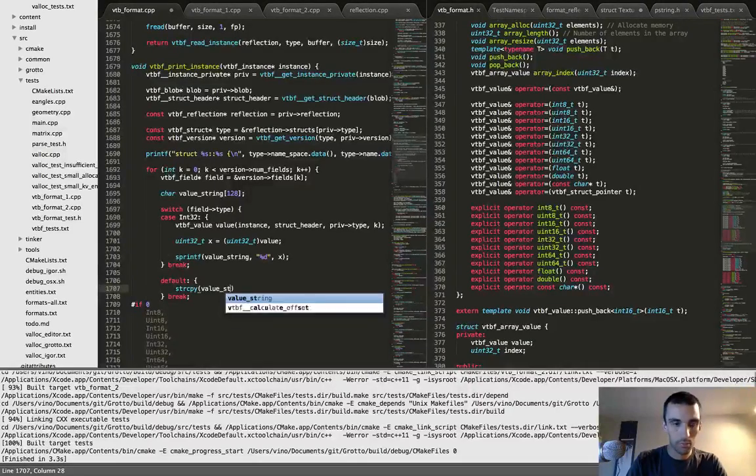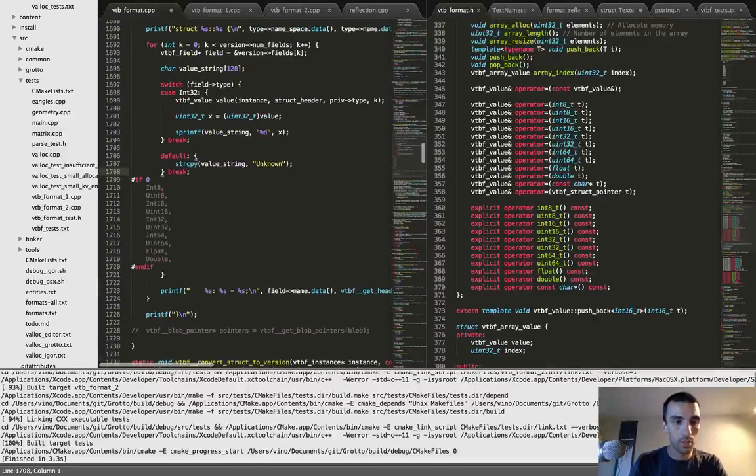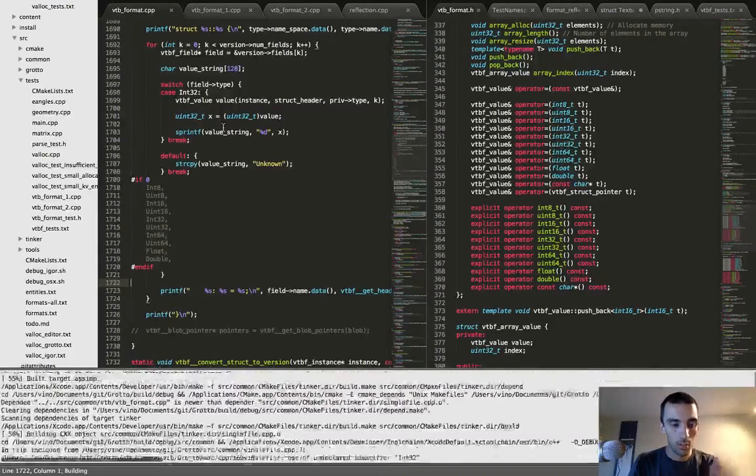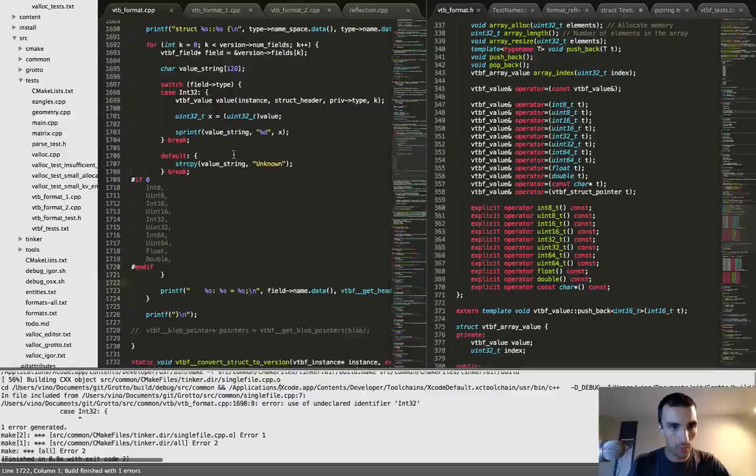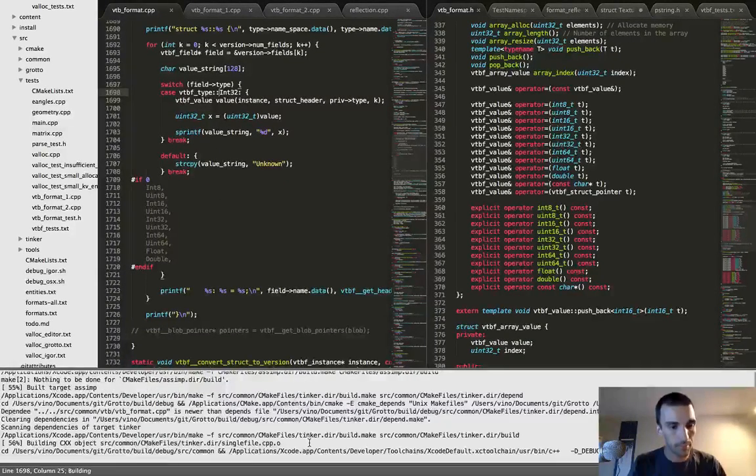I'm trying to type too fast. Unknown. We just put unknown in there for everything that we don't know yet. Anything we haven't written code for yet. So does that compile? No. Oh, because I have to say VTBF type ::